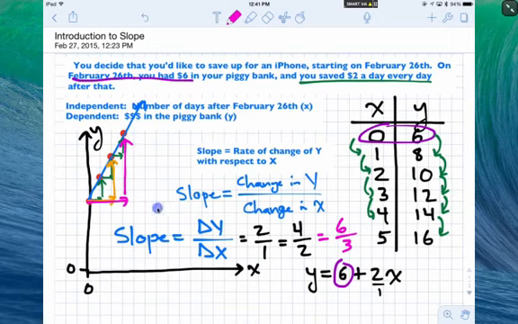So it's really important that we understand this idea of slope representing a rate of change. How many more dollars are we putting in every day? The change in y over the change in x, how it shows up on our table of values, how it shows up on our graph as well. And I want to